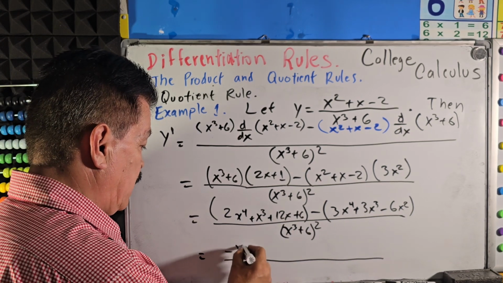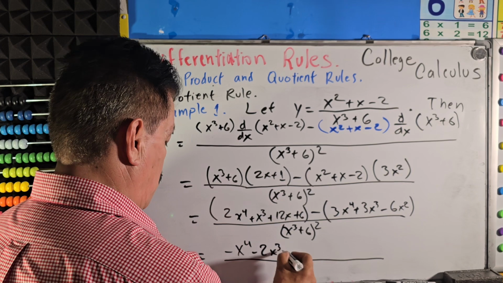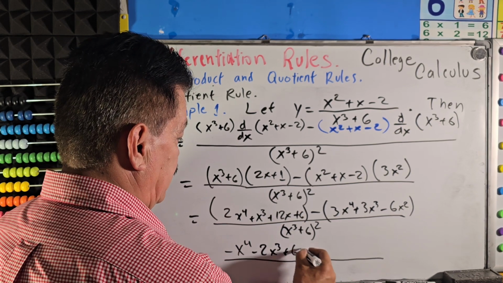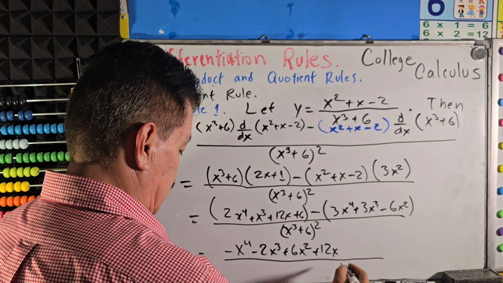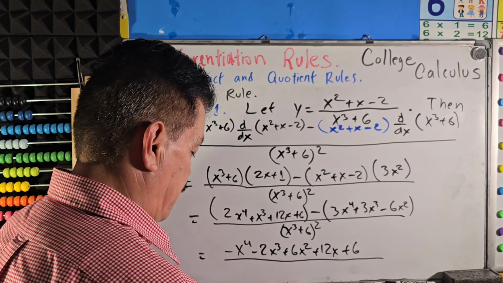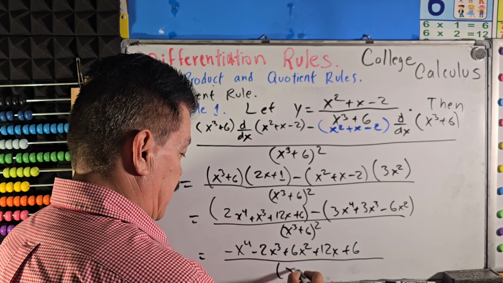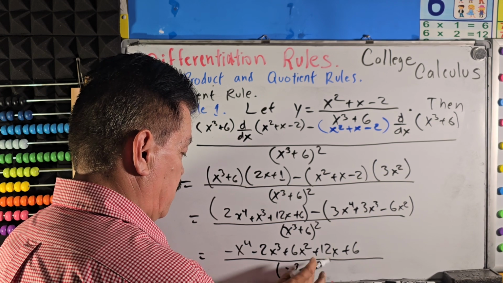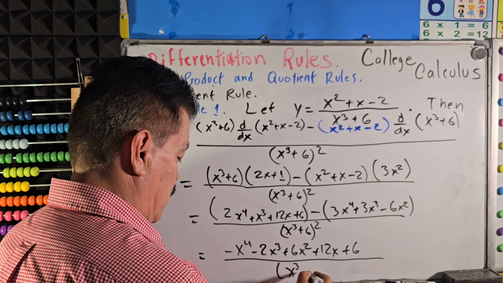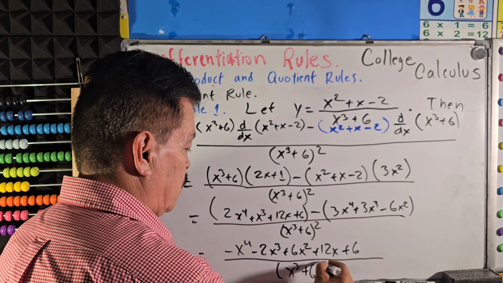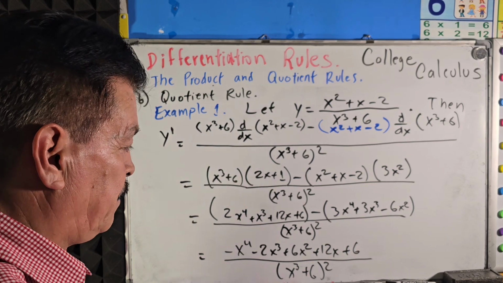So we will have x to the fourth power minus 2x to the third power plus 6x to the second power plus 12x plus 6, divided by x to the third power plus 6 to the second power. So this is